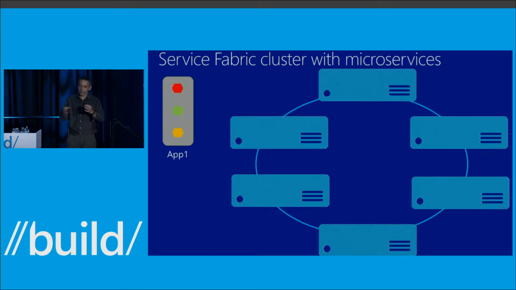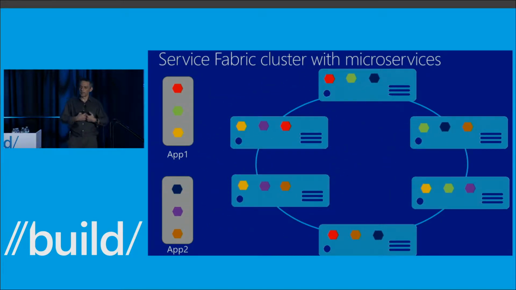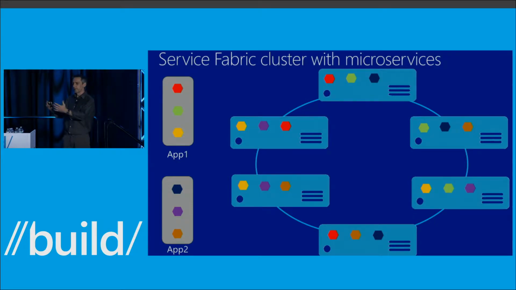What happens then is that you come along and you define and build an application that consists of microservices, pieces of code that you can decompose your application into. So you think very much about design in terms of componentization of your application. This application, which is a logical collection of these services, you can build many of them, and you simply say to Service Fabric, deploy this application into the cluster, and the containing microservices distribute across the cluster of machines in the most efficient way. We understand the resources that the actual microservice uses. We understand the resources of the machines. We do the most efficient placement around all of that.